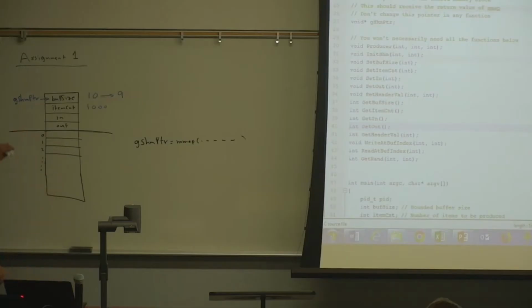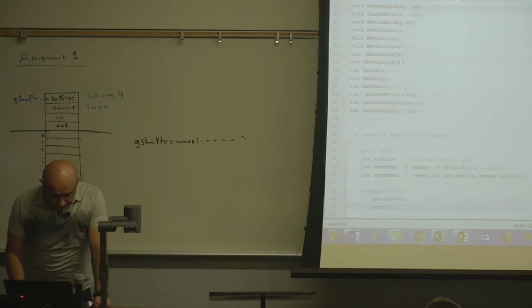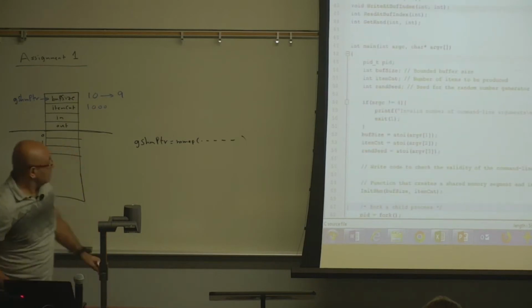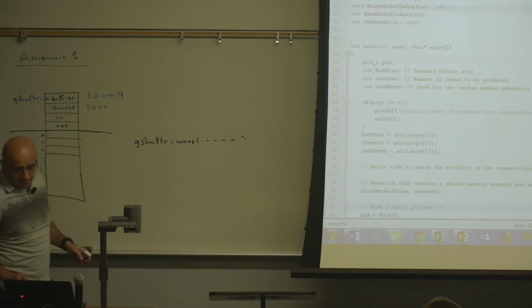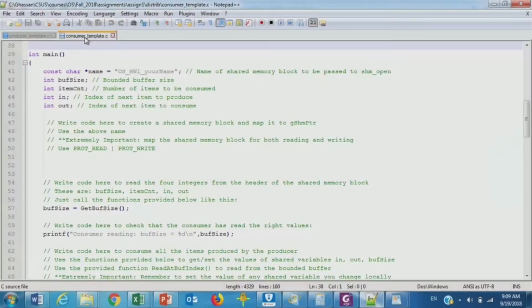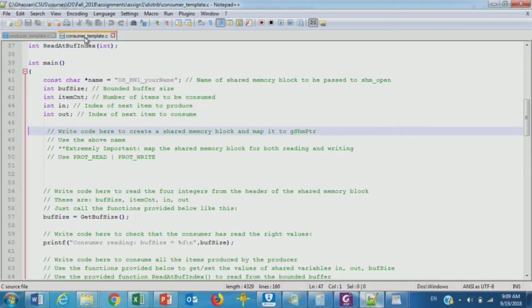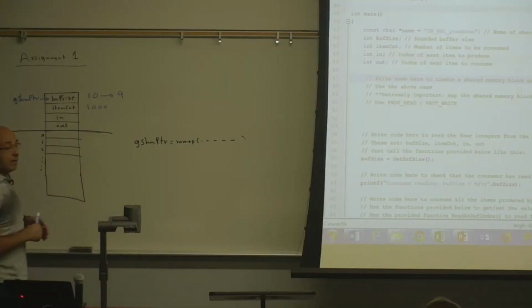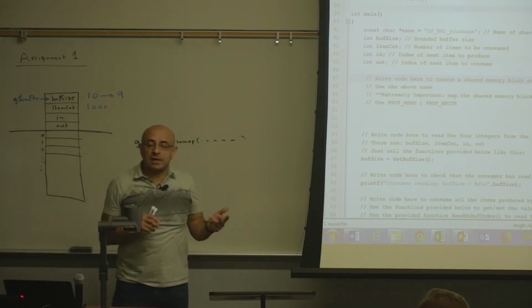All right, so once you do the mapping, then shared memory buffer is pointing at this. Now, on the consumer side, the consumer will call the same APIs, shared memory open, no, two APIs. It doesn't have to truncate because it doesn't set the size of the buffer.